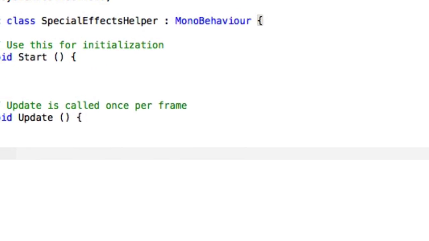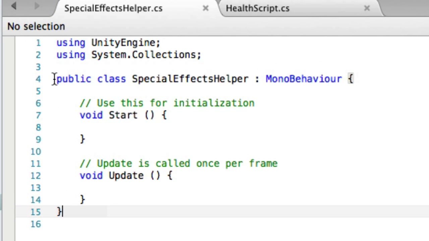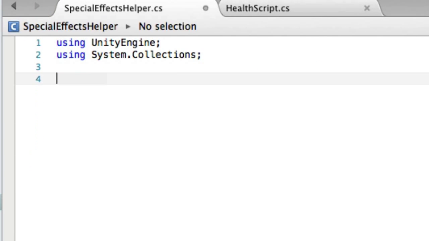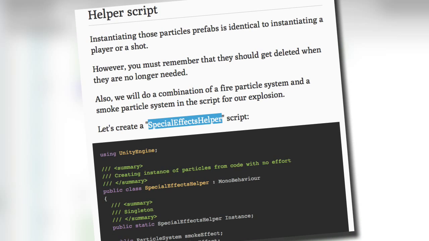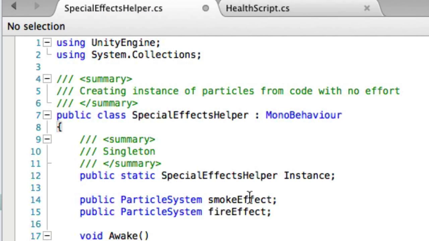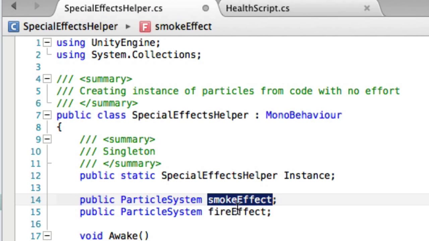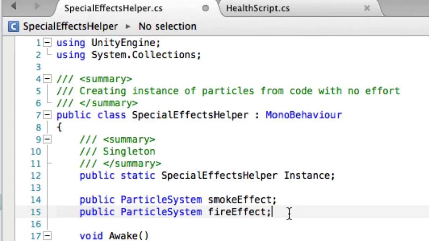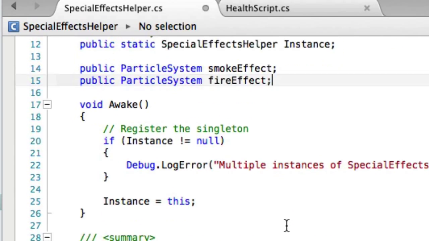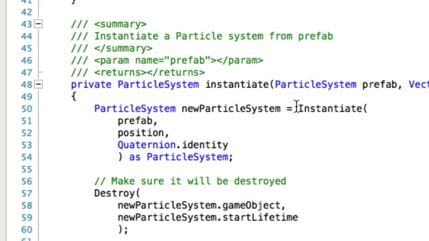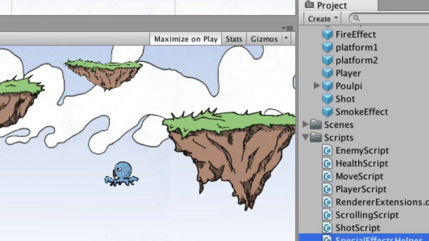Go over to the website using the link right above this video and grab the code. Do a search for Special Effects Helper and you will find the code, and this is it. We've got some public variables up at the top, including one for smoke effect and one for fire effect, and we'll fill those in a minute, and I'll try and remember to point out something that's really cool about that. Although you probably have already guessed it. And basically, then it creates the explosion. So I'm going to save this, run back over to Unity, and so it's all set to go, except that